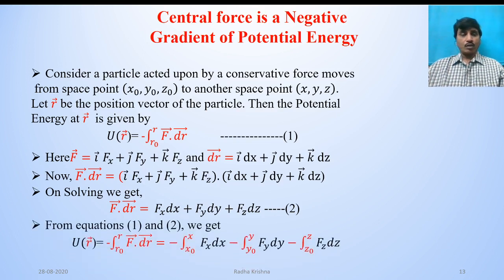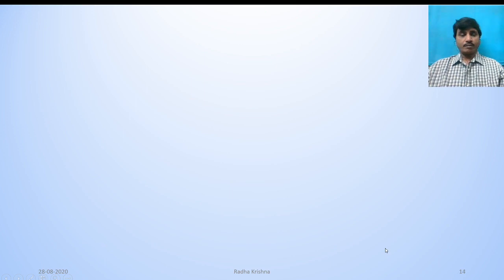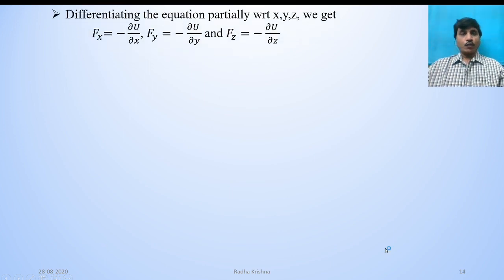From equations 1 and 2, U of r bar is equal to minus integral r0 to r of f bar dot dr bar, which is equal to minus integral x0 to x of fx dx minus integral y0 to y of fy dy minus integral z0 to z of fz dz. Differentiating the equation partially with respect to x, y, z, we get fx is equal to minus dou U by dou x, fy is equal to minus dou U by dou y,